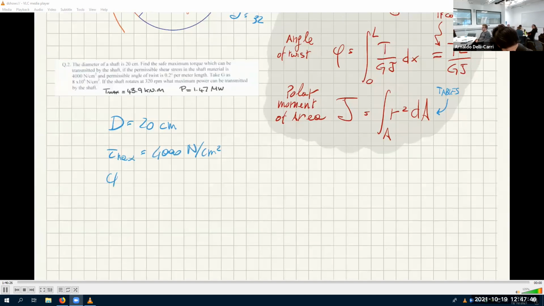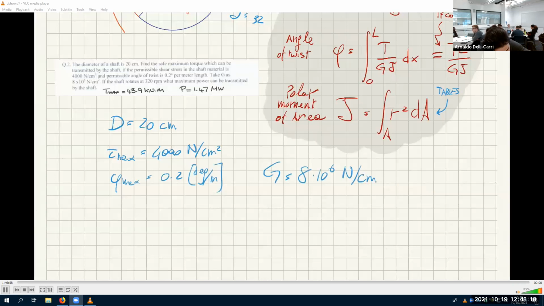And the maximum angle of twist must be 0.2 degrees per meter length. Okay? Degree per meter. G, the shear modulus, is 8 million newtons per centimeter squared. And given that the shaft rotates, so omega of the shaft is 320 RPM,